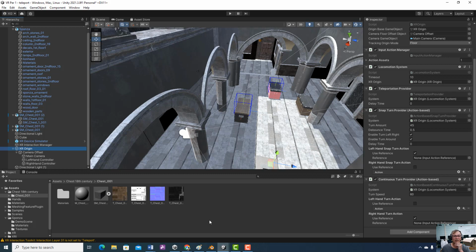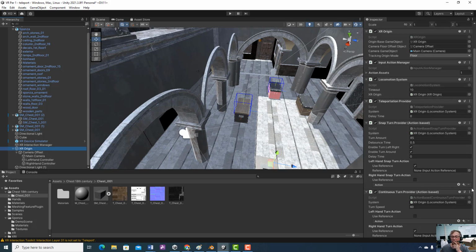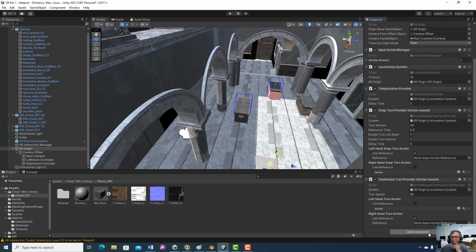So let's add a few things to our VR game and see if we can start moving around and interacting with some of these objects. First thing I did is my origin. Make sure you have added down here components, locomotion system. Type in locomotion and then you're going to drag your origin across here. Then you're going to add teleportation provider,